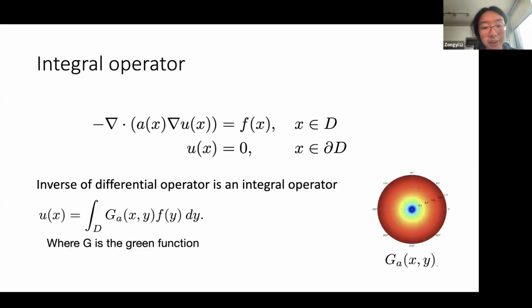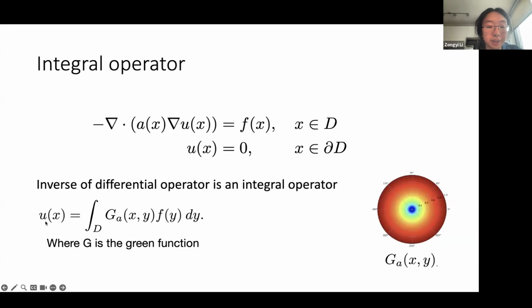For differential equations, we generalize this idea to integral operators, because for most differential equations, the inverse of differential operators is the integral operators.